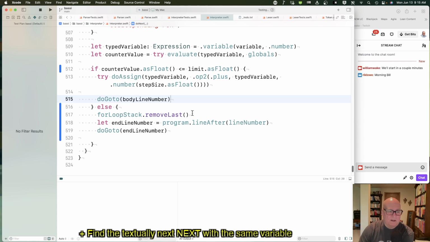Okay, so while that's going, if the counter is less than or equal to the limit, then that's good. We should go repeat the loop and